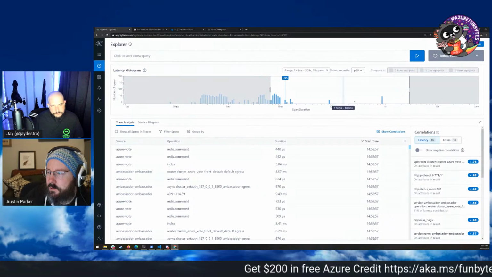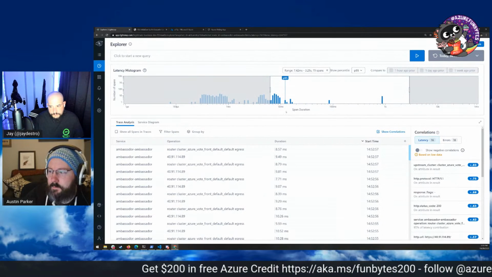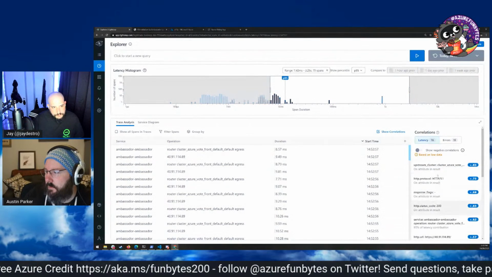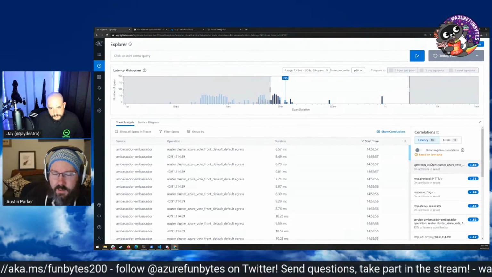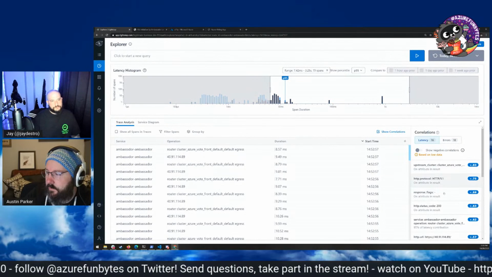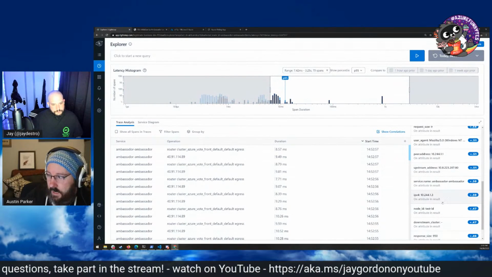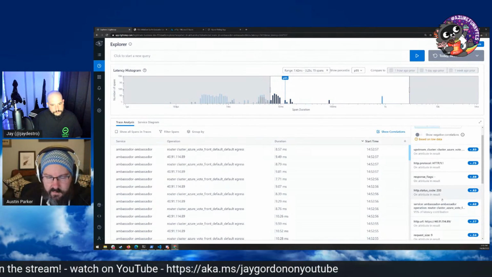Like I can say, show me what's going on up here. This is a histogram of latency. And we will automatically look at that sort of data and find things that are highly correlated in it for you, so that you can use that to go in and do these investigations and parse through your data.